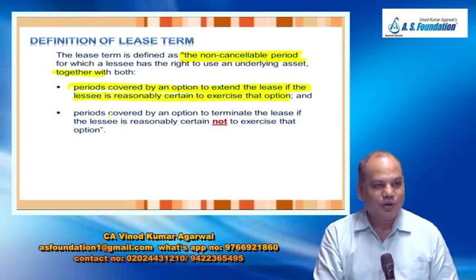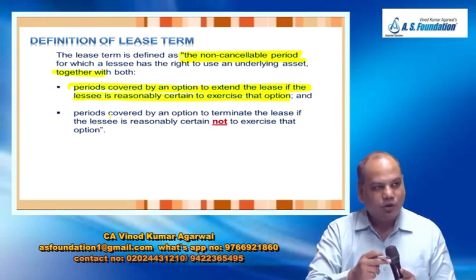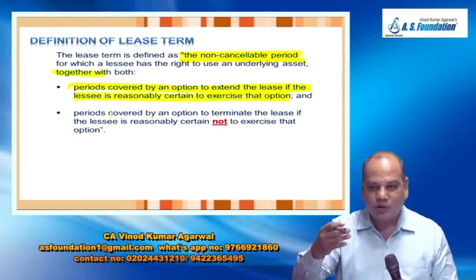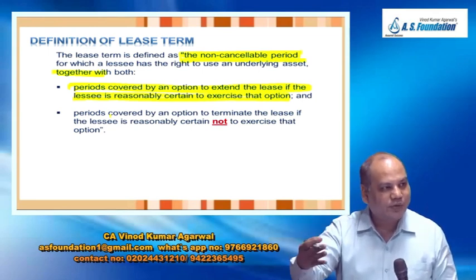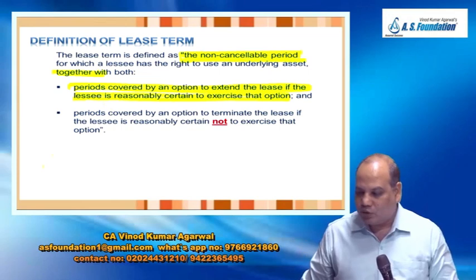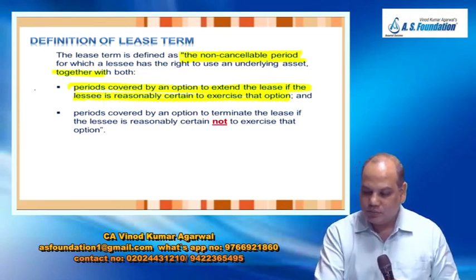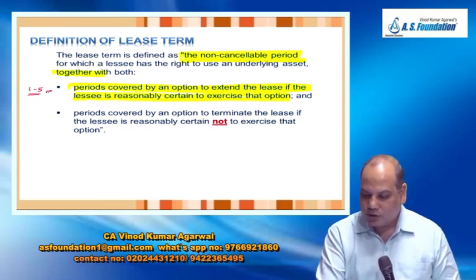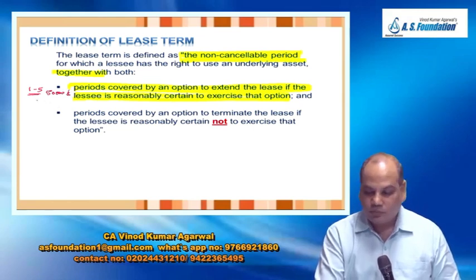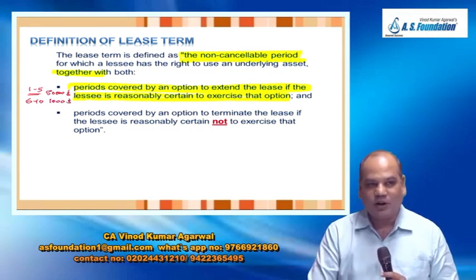Then add that also in your lease term, because it will affect your number of years, meaning the number of lease payments and the discounting factor. Now when will you be certain that the lessee is going to extend the lease term? Suppose for the first 5 years, 1 to 5, lease rentals are $50,000 per annum, and then you are given an extension option for years 6 to 10 where you have to pay only $1,000 per annum,